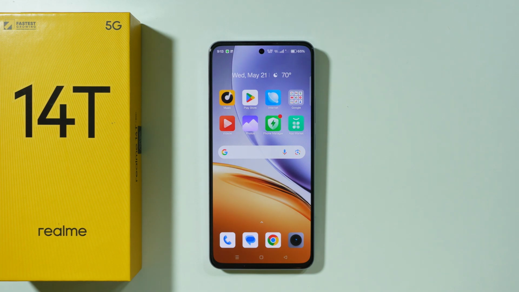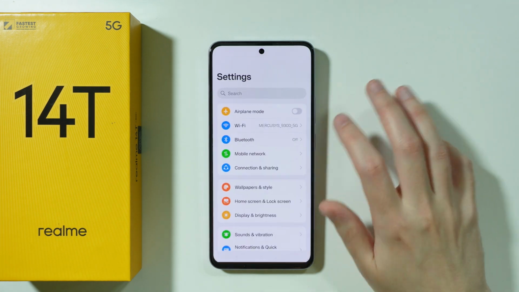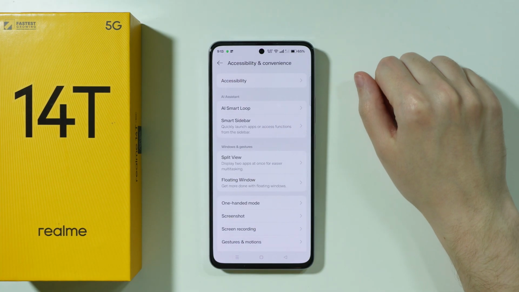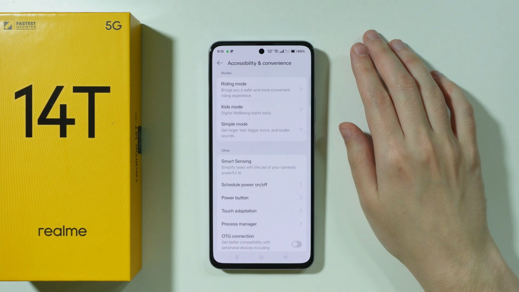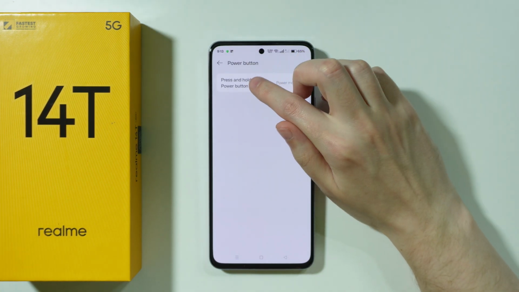If you wanted to activate Google Assistant or Gemini by using the power button on a Realme 14T, then first of all we can go to settings. Over here in the settings we can scroll pretty much all the way down and go to accessibility and convenience. Scroll down again, and this time we need to choose power button, open, press and hold the power button option,